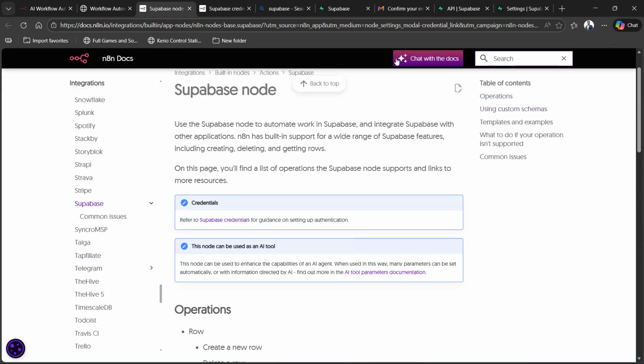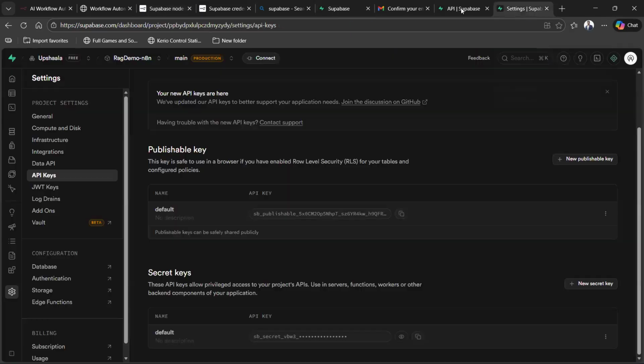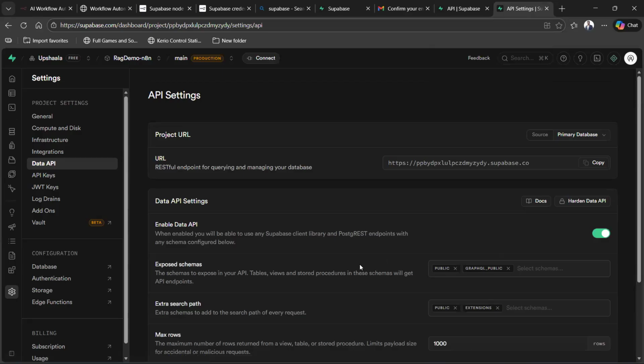Piyush, you can get it from that. You have one data API option. Here you're saying, yes, data API, that above API keys. Data API, yeah, this one. Oh, URL. All right. So here,